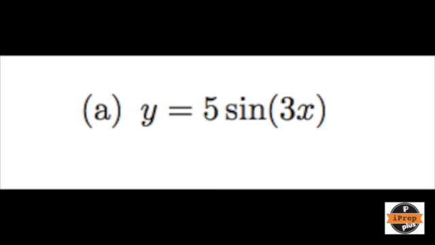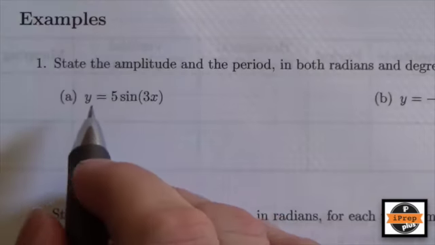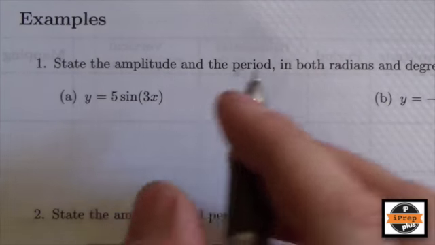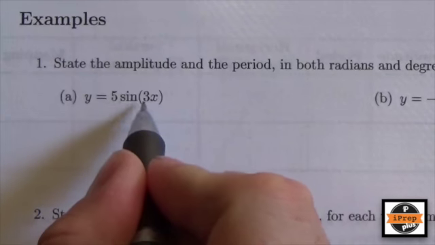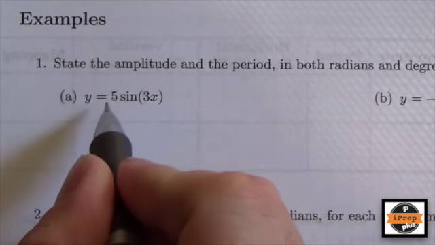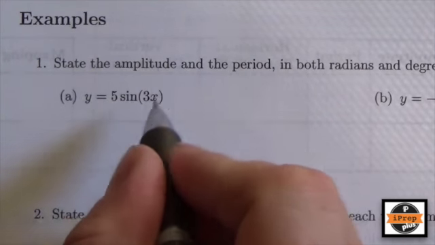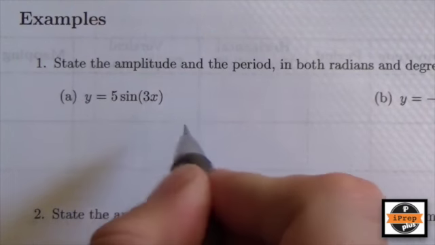Y equals 5 sine of 3x. So for this first question here, y equals 5 sine of 3x, what we want to do here is identify what the two pieces of information are that we're given here. We're given the 5 as the coefficient up front, and then we're given the 3 as the coefficient in the